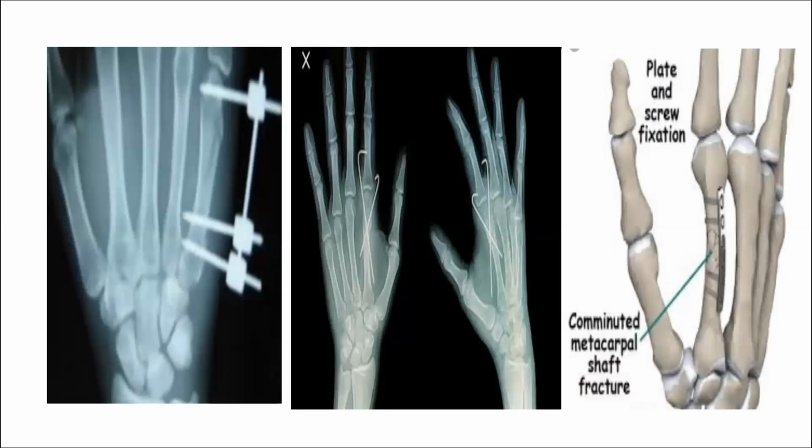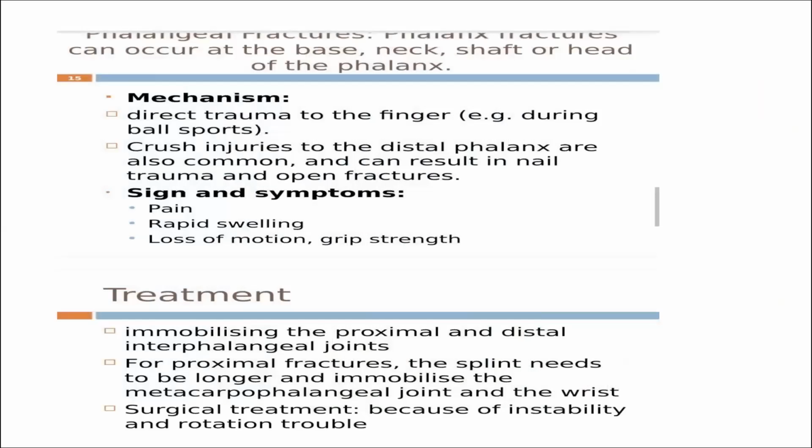So the operative treatment is either plate and screw fixation, as on the right side for a comminuted metacarpal shaft fracture, but it has to be open reduced here. For closed reduction, you can do K-wire fixation with cross K-wires, as shown in the middle X-ray. On the left side X-ray, where there is a comminuted fracture, such fixation is not possible. Spanning with the external fixator can be of help.